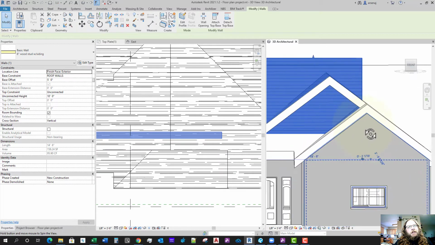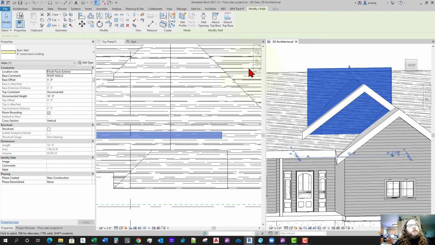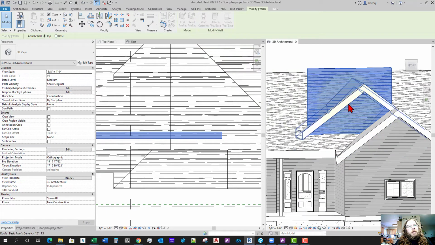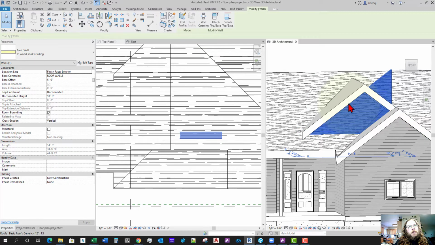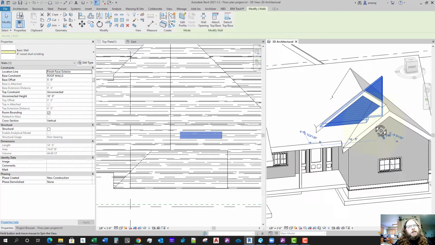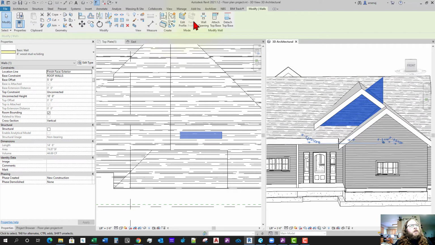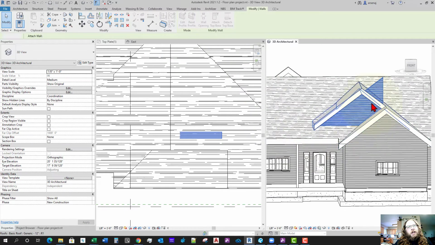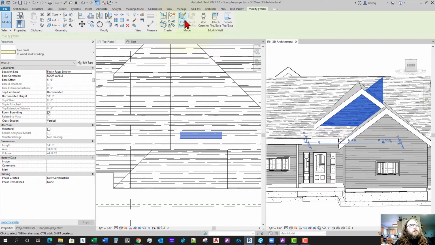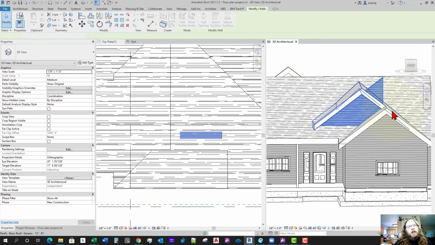I think it's intersecting too many roofs, so we'll attach the top again. Still not wanting us to do that. It's not giving us the desired result. So let's try